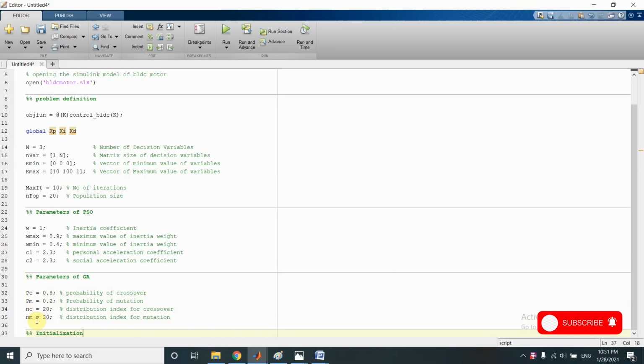Now, before we start the initialization, we will understand the PSO in detail as well as the genetic algorithm, and see how this hybrid GA-PSO algorithm works. That is how the steps of GA and PSO are stacked together to form the hybrid algorithm, and then we will start our initialization and continue with coding of PSO and GA.